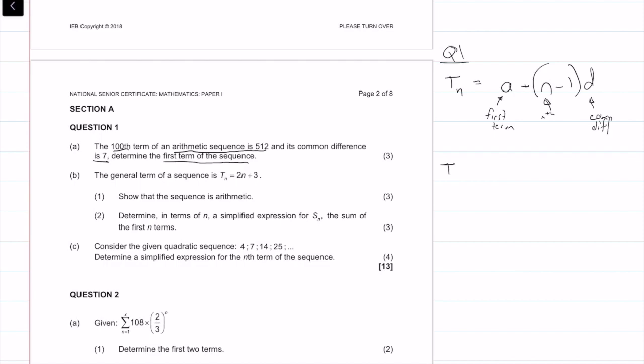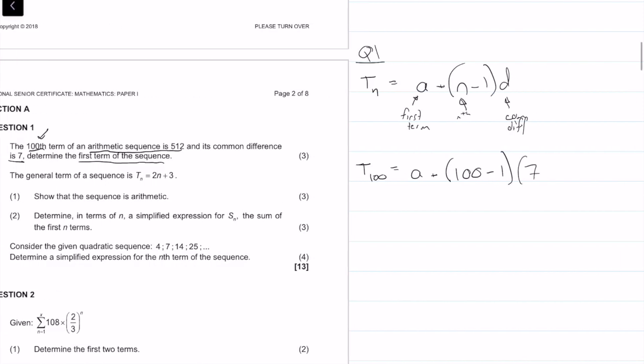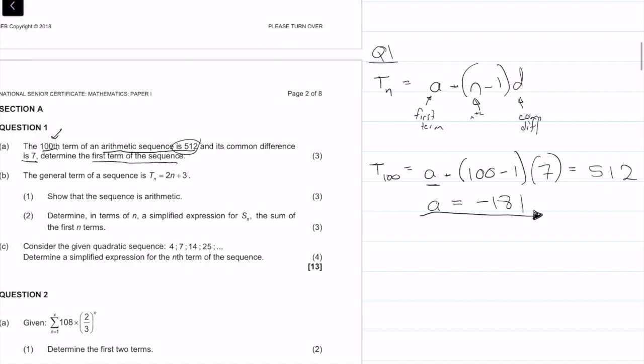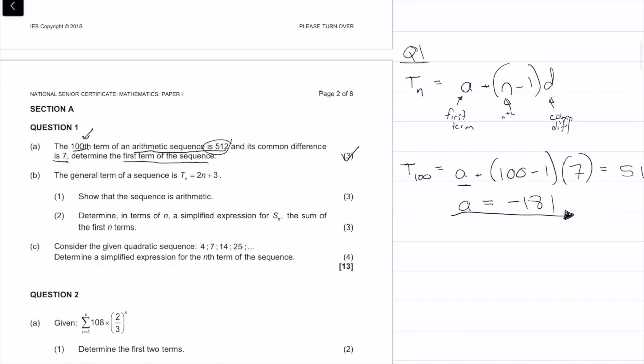So we can say that T100, because that's what we've been given, is equal to a plus 100 minus 1 times d, which is 7. And we've been told that equals 512. The only unknown now is this a, so we can solve for a quite easily. So a is equal to minus 181. A equals minus 181 is the first term, and we get 3 marks for that,